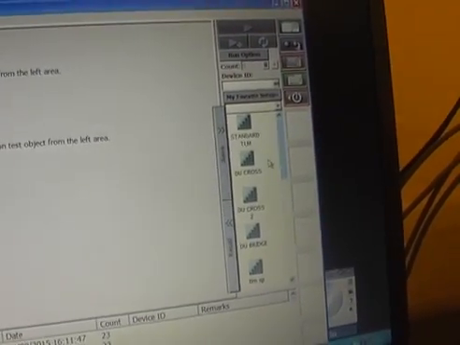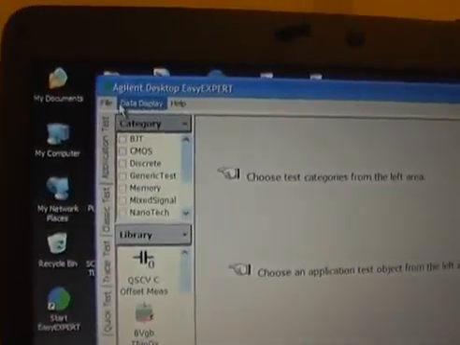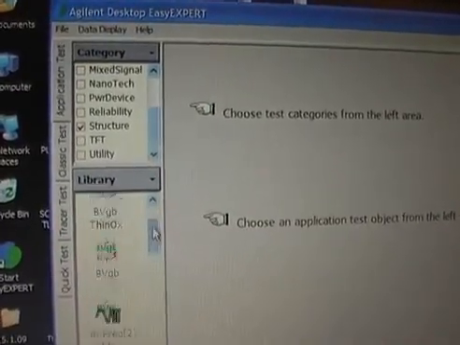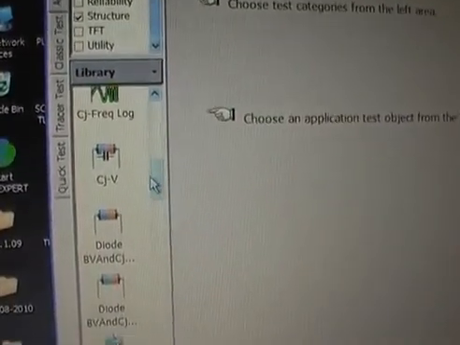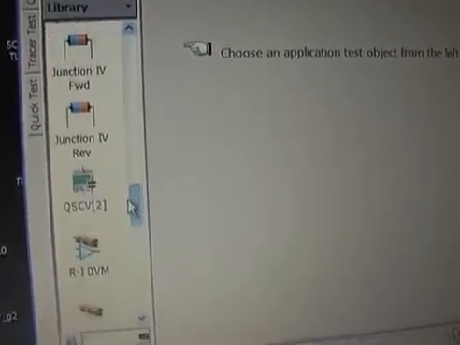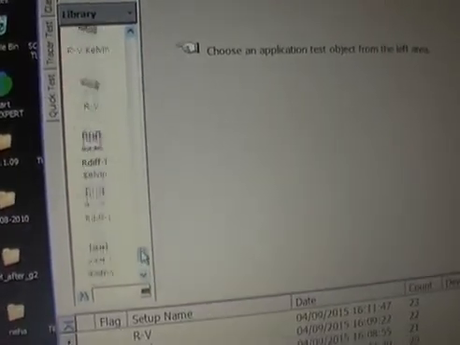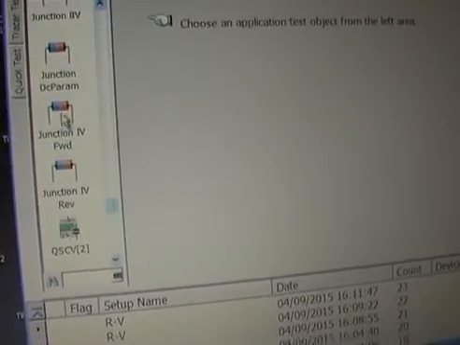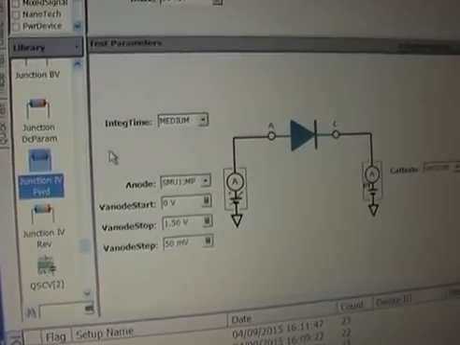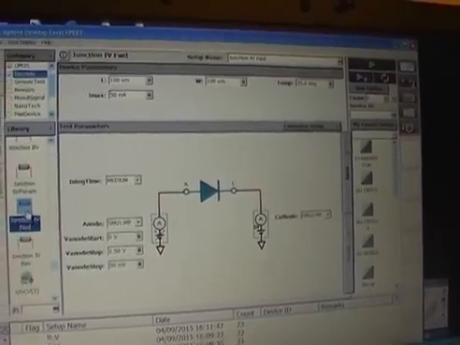And if the measurement you need is not there, you can add it yourself by choosing from the library. For example, we want to do the IV curve measurement, discrete, Junction IV. Okay, and we load the junction IV